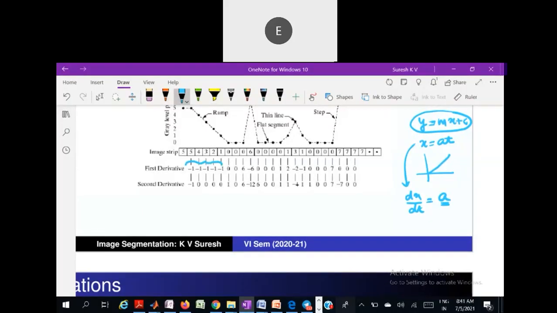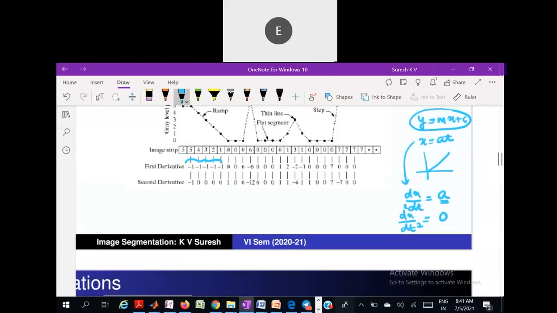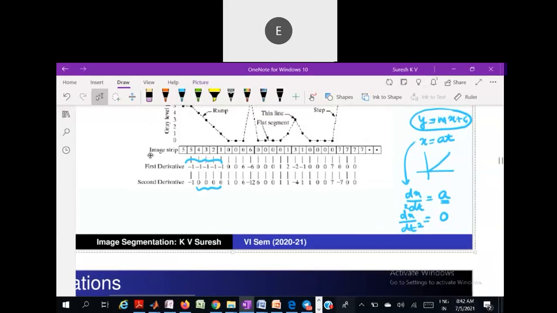It is constant. Second derivative means I should differentiate it again. So I should find d square x by dt square. What is d square x by dt square? It is 0, because the derivative of a constant will be 0. So that is why you see in the second order derivative, near the ramp region, it is 0. So the observation is,